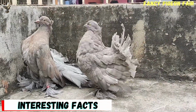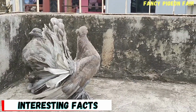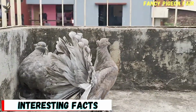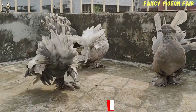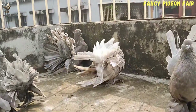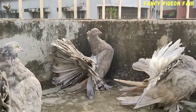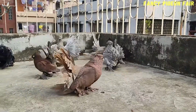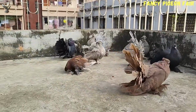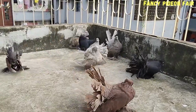Some interesting facts about Fantail pigeons. Fantail pigeons are a unique and fascinating breed of domesticated pigeons that have been bred for their striking appearance and graceful movement. Here are some interesting facts about these pigeons. Fantail pigeons are believed to have originated in India, where they were first selectively bred by pigeon fanciers to produce their unique fan-shaped tails. These birds are known for their graceful, elegant movement and are often kept as show birds in